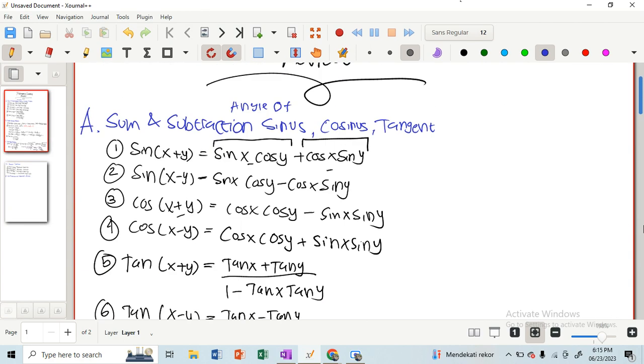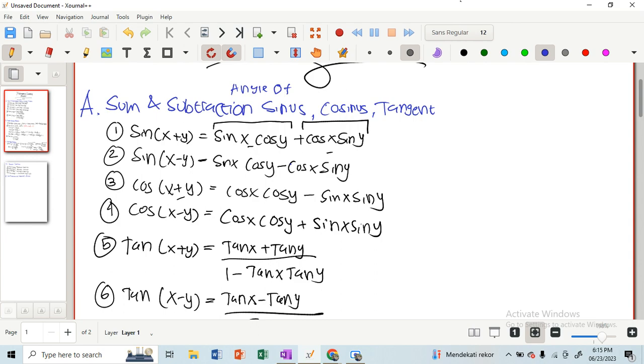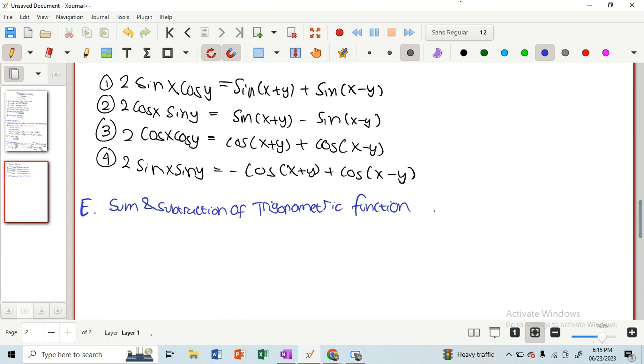Okay, so what we did in the previous part is summing or subtracting the angle. But in this E part, A, B, C, D, E, yeah, E part, we will be subtracting and summing the function. So, for example, if you have sine x plus sine y, it would be equal to